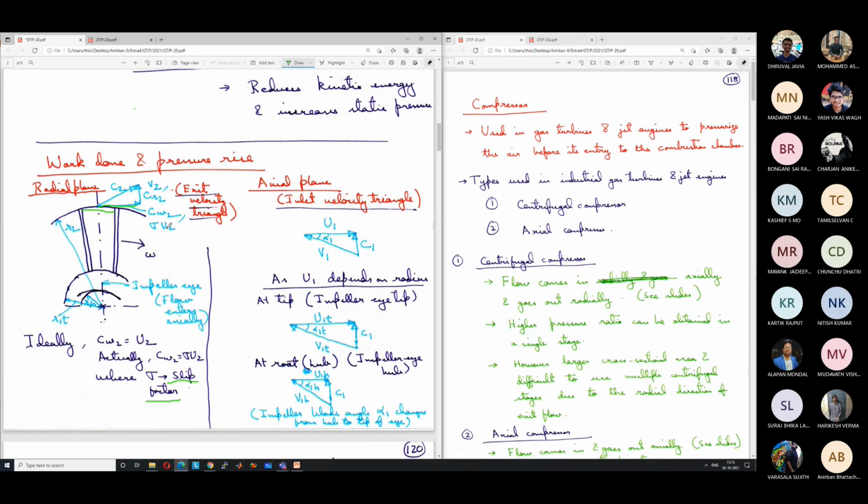So increasing the number of vanes will increase the slip factor, but we cannot arbitrarily keep on increasing the number of vanes, because vanes have certain thickness, right? So the total cross-sectional area for the flow will be decreased. Yes, flow rate will be decreased. Correct. If we keep the flow rate constant, then the relative velocity will increase, right? So it will increase the frictional losses.